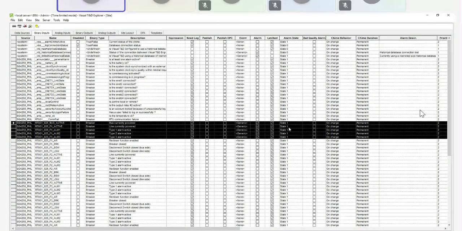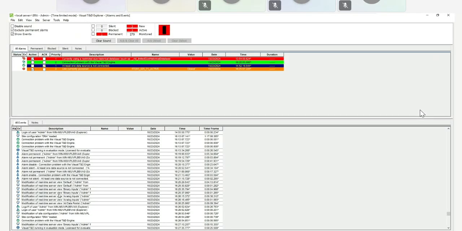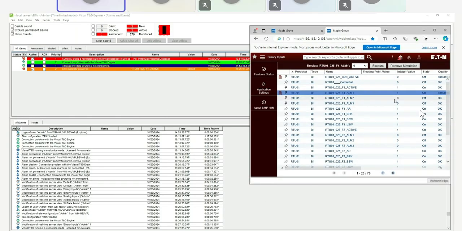Okay, I think I need to define first here the alarm state. I forgot to configure the alarm state. So I didn't make any changes on this alarm state. So I will just trigger an alarm for a state one value. For a state one value, this should be an alarm.